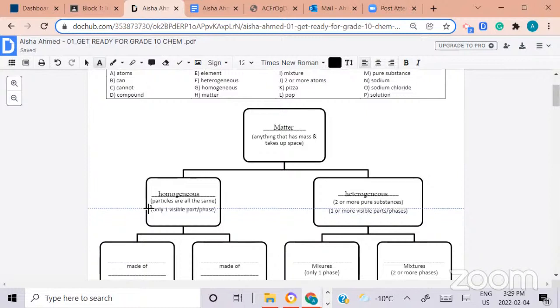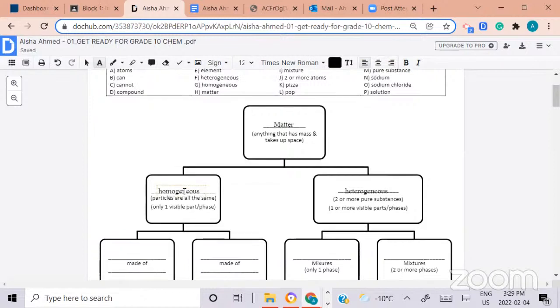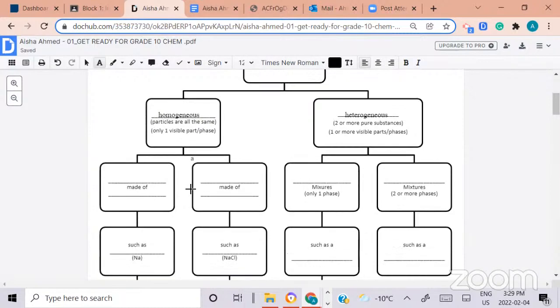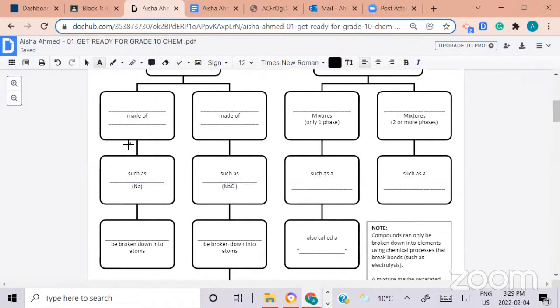Does that have to do with a mixture and pure substance, these words, or neither? Okay, let me tell you. Let's first put some words that we think make sense and then we can always move them around. So for homogeneous, we would have